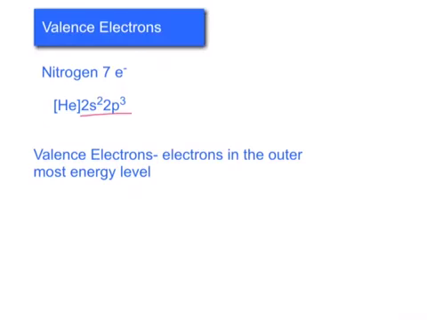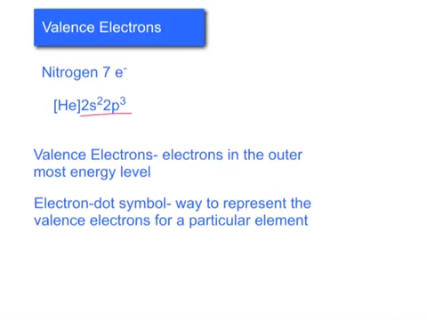And we represent these valence electrons with a symbol called the electron dot symbol. An electron dot symbol is a convenient way for us to represent the valence electrons as shown by dots on the side. So for example, if we look at nitrogen again, 2 plus 3 is 5. So nitrogen has 5 valence electrons, and the electron dot symbol for nitrogen would look like this. And it doesn't really matter which sides the dots go on, just that there's the right number total, and you put 1 on each of the 4 sides, and then you start doubling up if you get more than 4